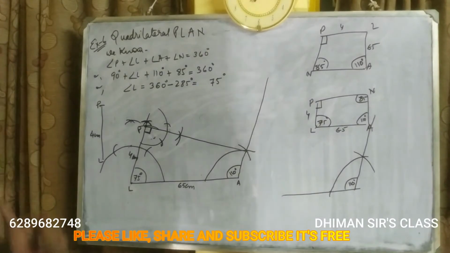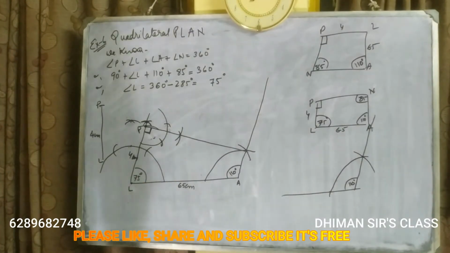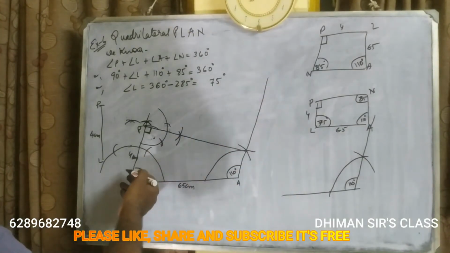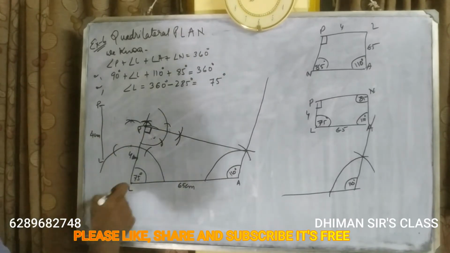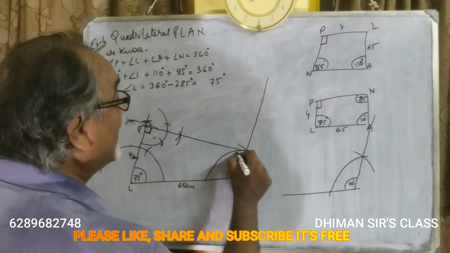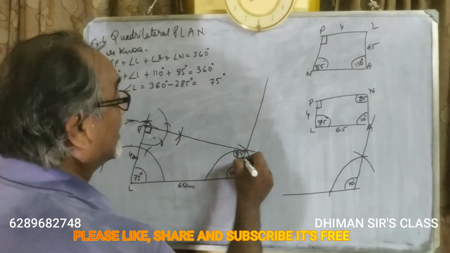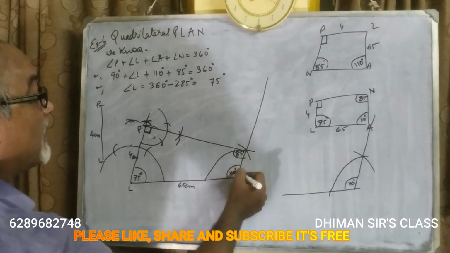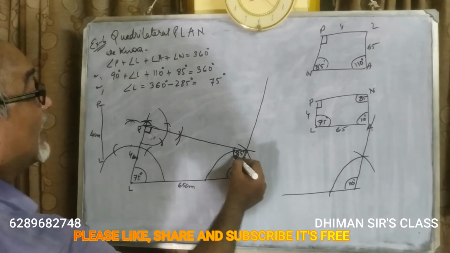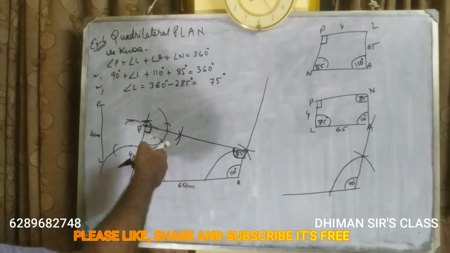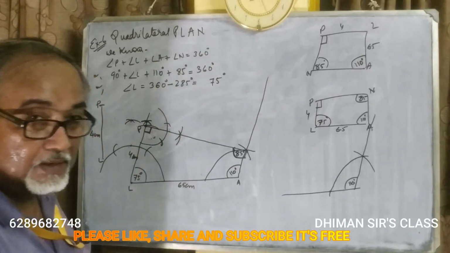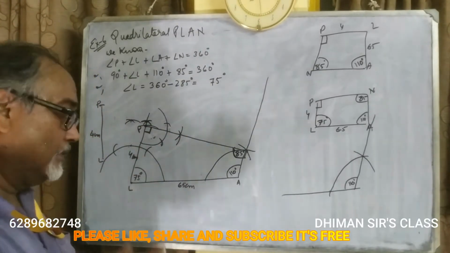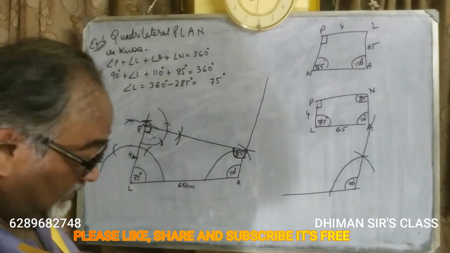Okay. So the construction is over. Whatever was given in the question, we have depicted 90 degree. Oh, one more thing, 85 degree was given in the question, so that should be marked. 85 degree. And you can check with the help of your protractor whether this angle is 85 degree or not. If not, then definitely there is some mistake in the construction. Understood? Now do it. Let's move on to the next one.